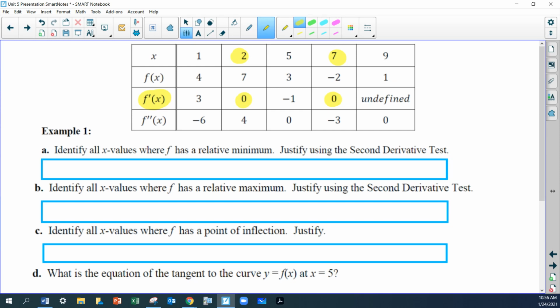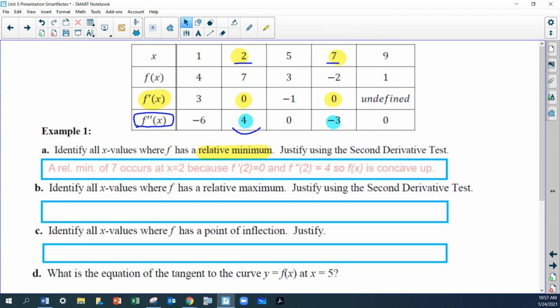Now, what I also need to have is that for a relative min, draw the picture. What do I need about the second derivative? For a relative min, I need concave up. So which leads us to that, when x is 7 or when x is 2? Where would I have concave up? Well, I'm going to look at the second derivative, right? And the second derivative, either I'm looking at 4 or I'm looking at a -3. Well, this is the one that's going to be concave up. So a relative min